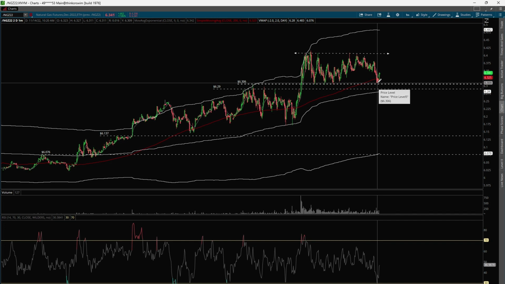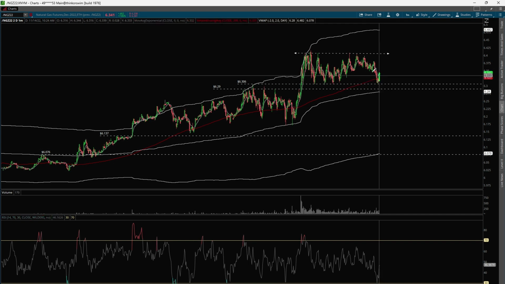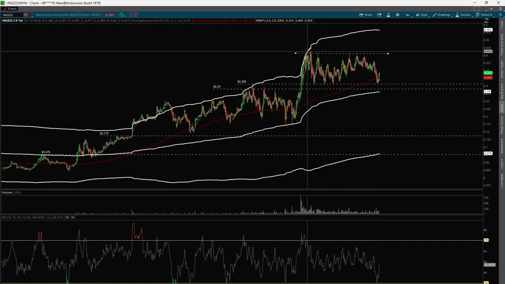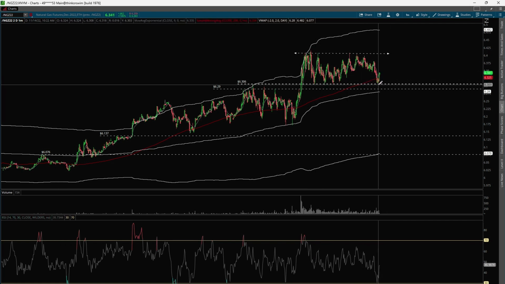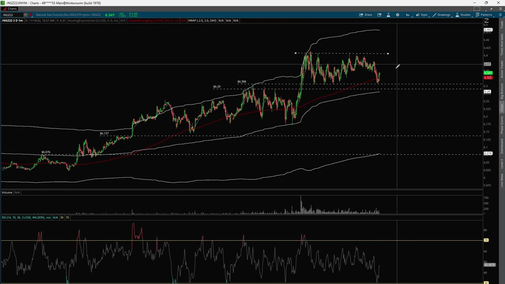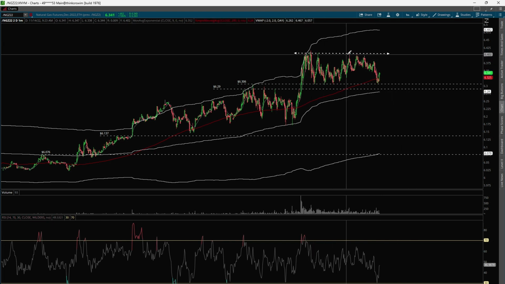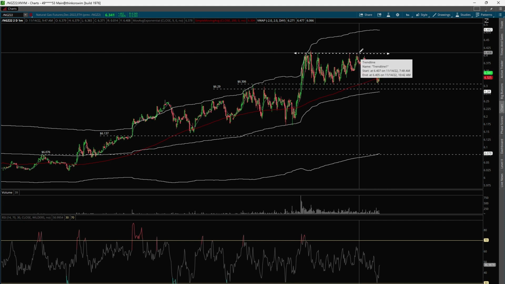And the one thing here to be careful on with demand zones is we always want that higher high before we get in. So this is why I did not get in on this dip. It still did come down to our zone, so you can absolutely take this trade. It's just a little bit more risky because price has really been struggling to break this 6.4 area for quite